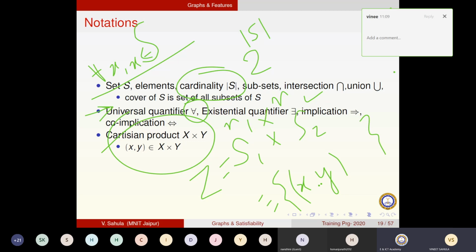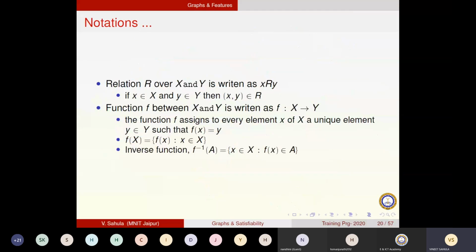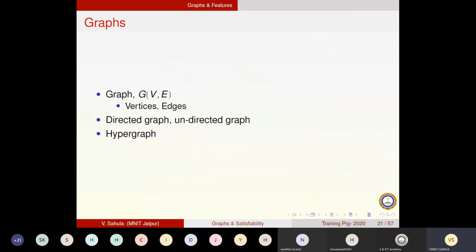Mathematically, the existential quantifier: if I say there exists at least one element. So this existential quantifier says it is applicable for at least one element or more, but at least one element, right? And the same meaning, such that X is a member of S. Is it okay? So if you remember them, it's okay. I will repeat it again when they are being used next time. Okay, so I'm skipping all that.